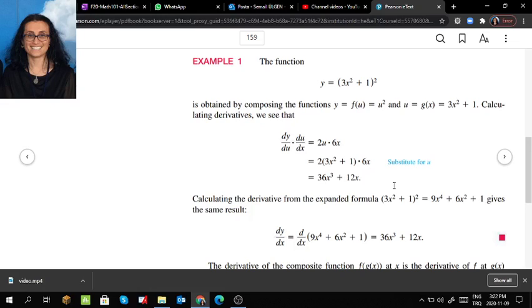Let's look at example 1 in the book. The example is given as y is equal to (3x squared plus 1) squared. And as you will see, this is the composition of two functions. And we have,